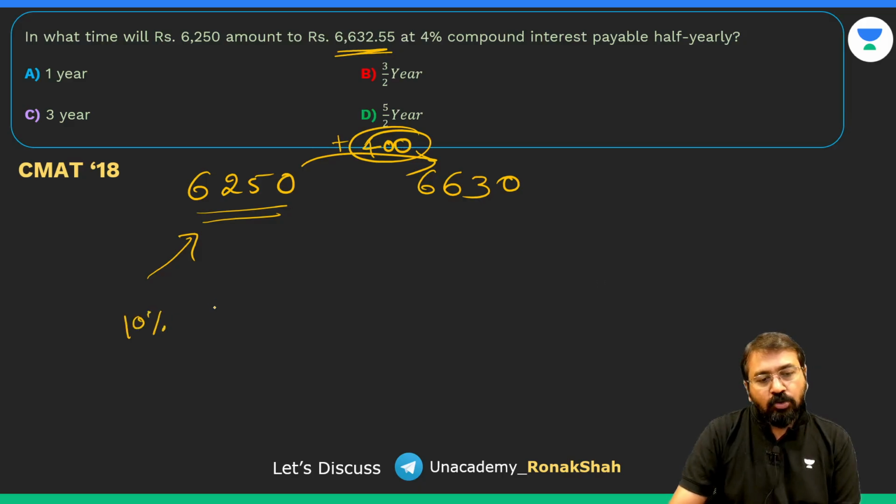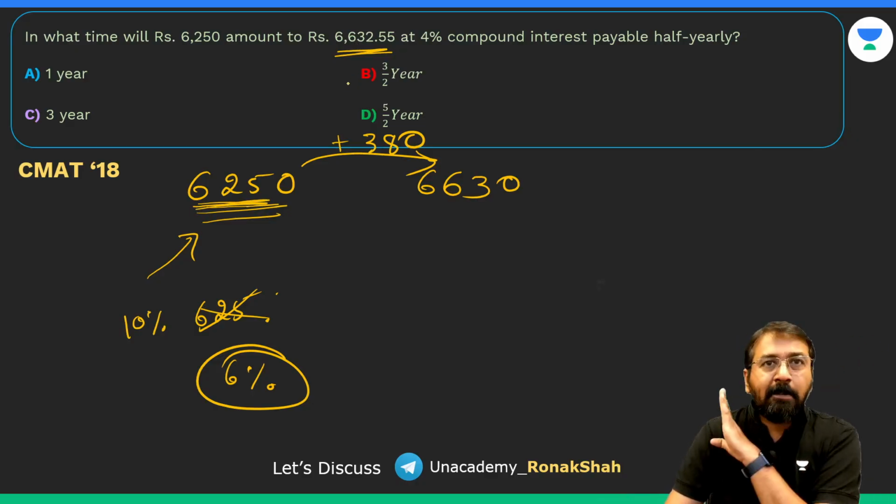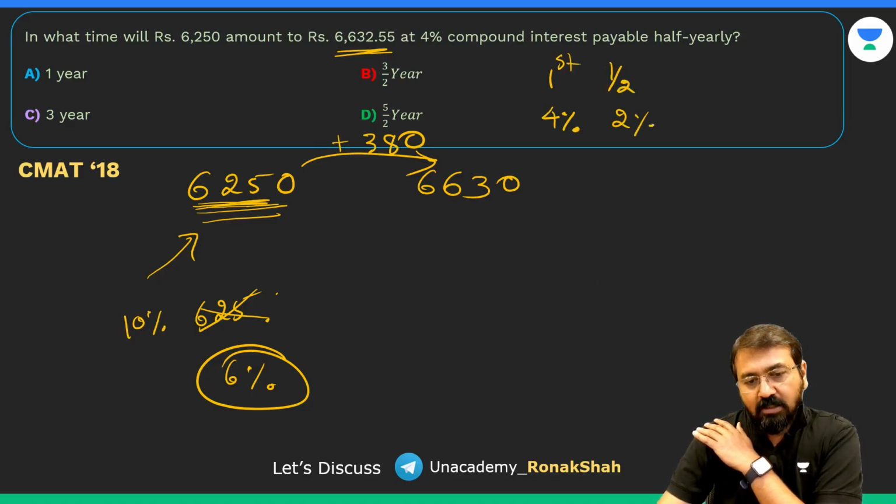अब ये 400 रुपए आपका 6250 का कितना परसेंट हुआ, तो कहने से इसका 10% अगर मैं करूंगा तो 625 आ जाएगा, तो बहुत ज्यादा हो गया, हमें तो सिर्फ इतना ही चाहिए। तो कितना आएगा ये 6% के आसपास कुछ आएगा, कैसे 6250, और यहाँ पे वैसे 380 ही है, तो 6000 का 6% होता है 360, तो ये 6% के आसपास आएगा, राइट। मतलब मुझे टोटल 6% इंटरेस्ट चाहिए,